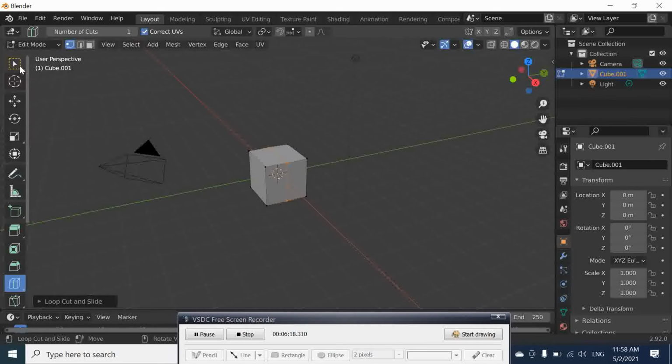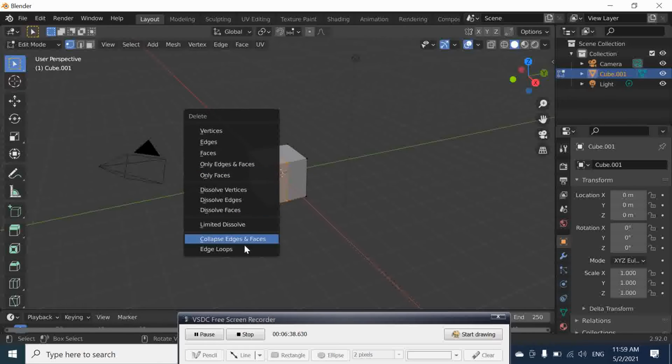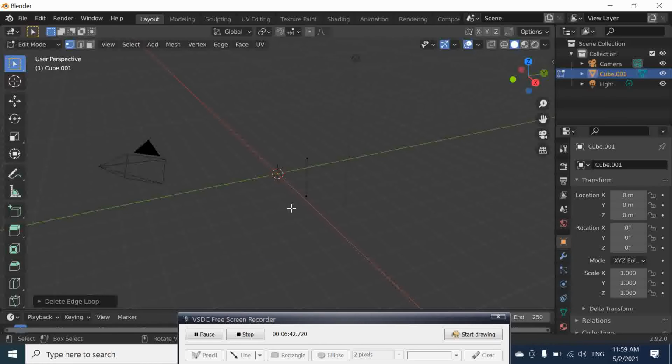And now if we go back and try to press Shift, select, we want to select this face. Right now we can press X, and here Edge Loop delete. The whole thing is deleted, but that's not what we wanted to do.